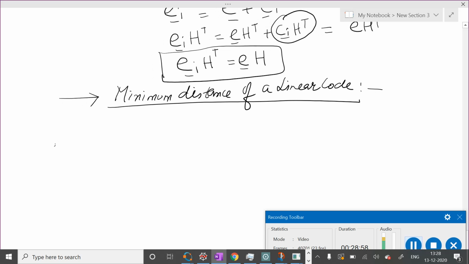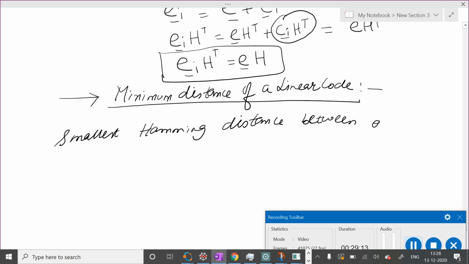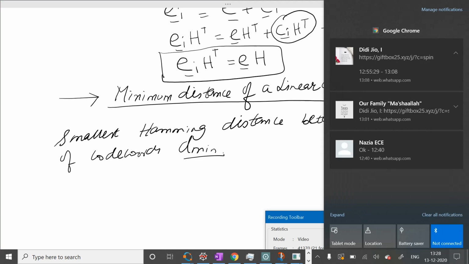So it is the smallest Hamming distance between any pair of code words, d minimum. Okay, we will see it has a very important impact on